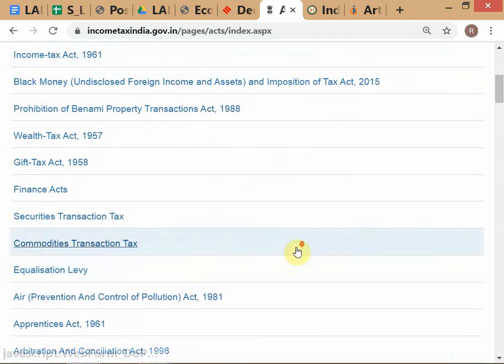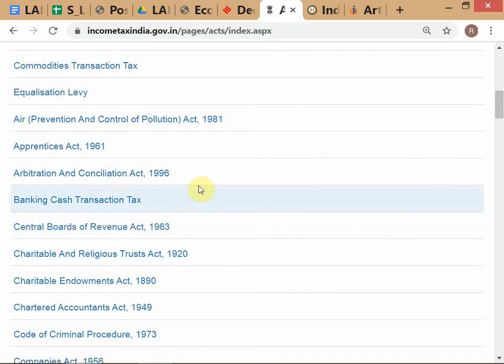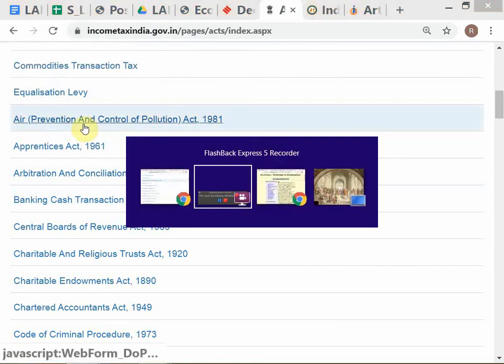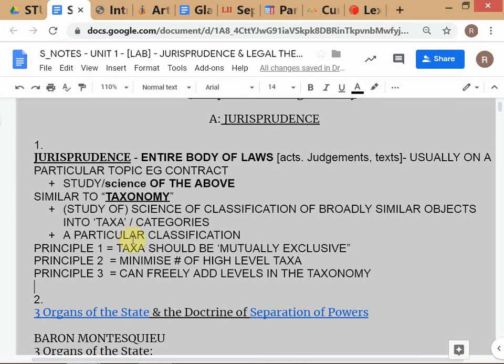This is the income tax website. They have a lot of these acts. You can see all kinds of acts. Then you can say within finance, within commercial laws, you can have banking related laws. There are many situations where taxonomy will be very useful in organizing information. I'm sure you're used to it already, but we are just giving you a certain kind of structure and certain principles to play with. Does that clarify your question?